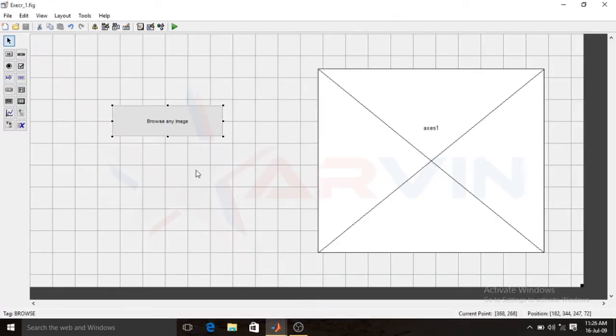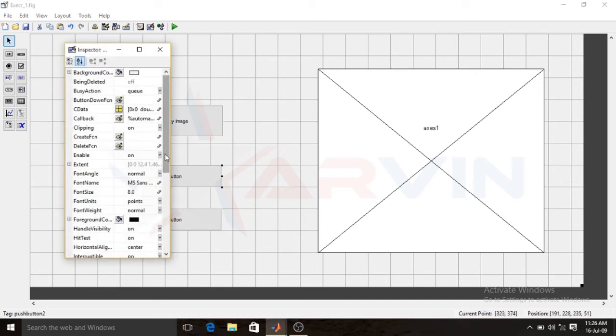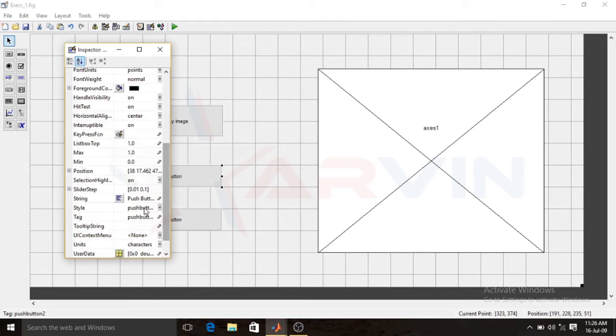Again open the same GUI file. Now place two more push buttons, one for grayscale and one for black and white, and change the properties, that is the strings and tag names of those push buttons, as per your requirement.